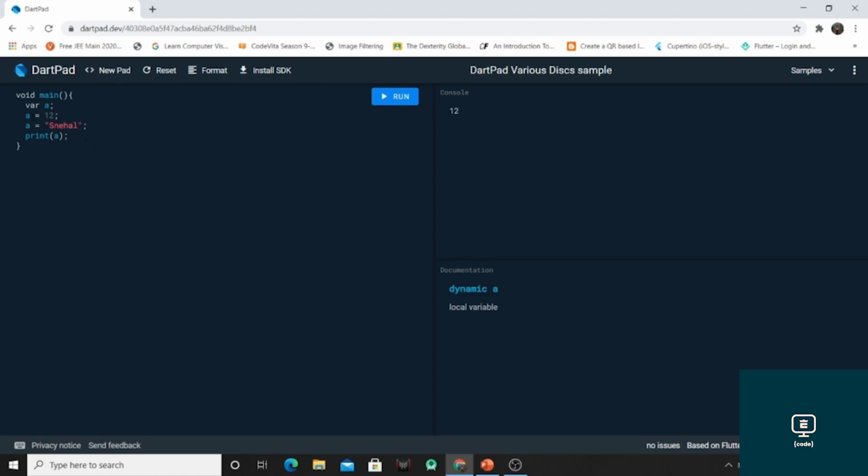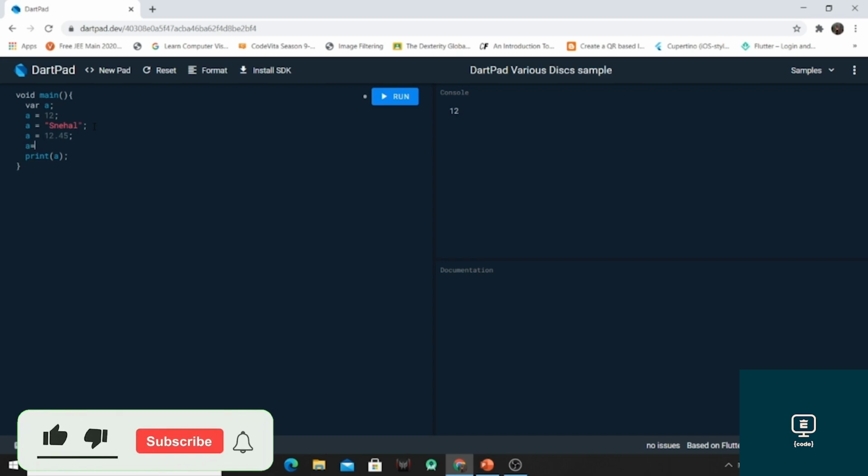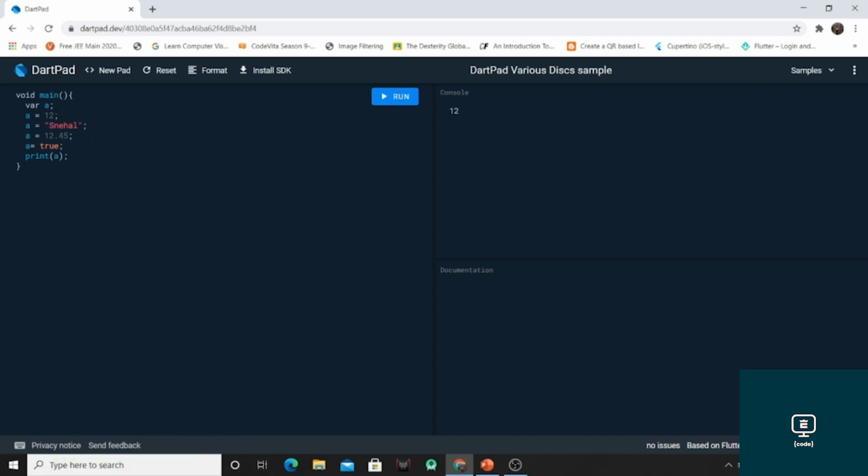Now a can store the value of integer type, a can also store the value of string type, and a can also store the value of double, and it can also store the value of type boolean.